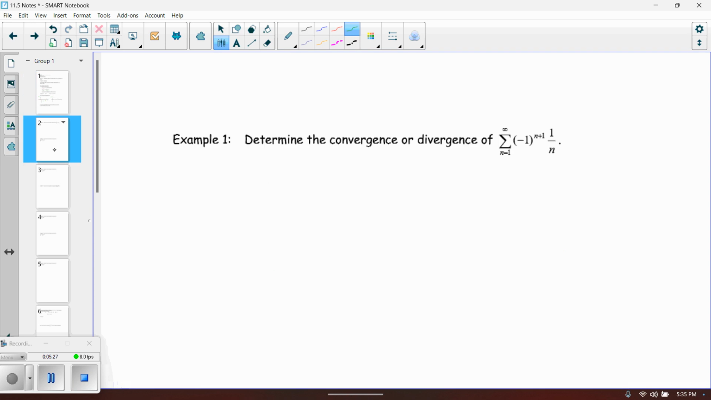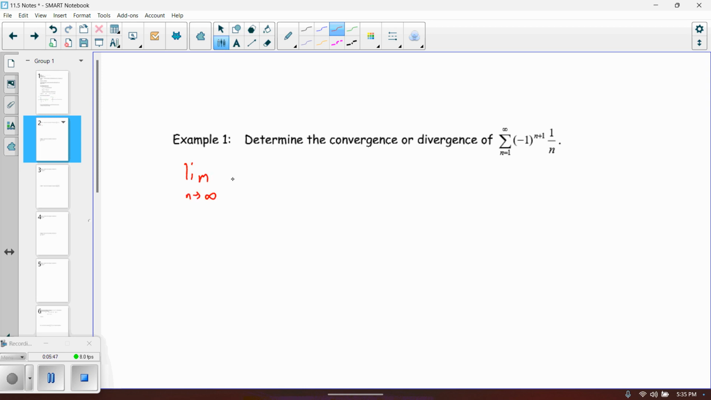So we want to determine the convergence or divergence of the given series. You can see that alternating term out in the front there, the -1 to the n plus 1 times 1 over n. It's definitely an alternating series. So we have to test the criteria. So let's take a look at the limit